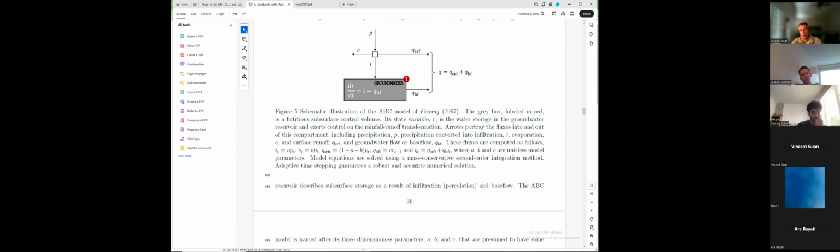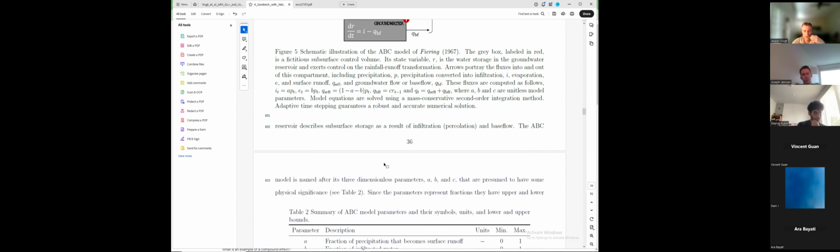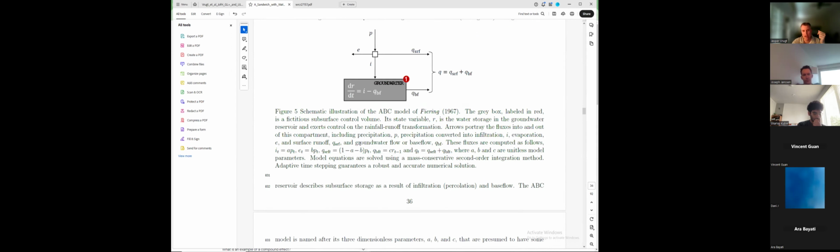Now, then I wanted to do an example with a state variable. So I went to the ABC model. It's a hydrologic model, very simple. We have precipitation. Part of precipitation is evaporation. Part of precipitation is infiltration. Part of precipitation is surface runoff. And then the water that infiltrates goes into a groundwater reservoir, and that has a state variable R. The groundwater reservoir produces base flow, and the sum of the surface runoff and the base flow is the streamflow. So you can solve this easily with second order, third order, whatever, adaptive time stepping methods. So you get very accurate